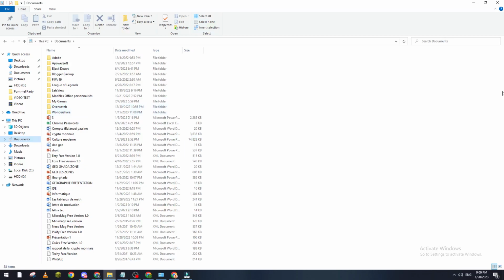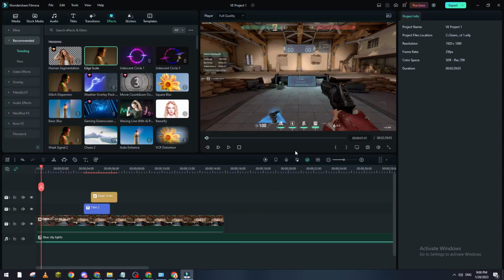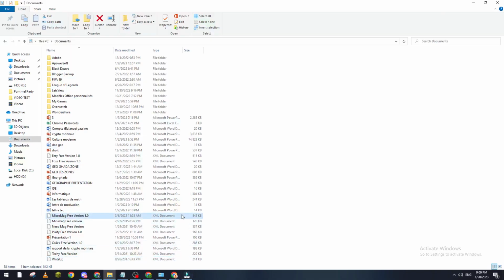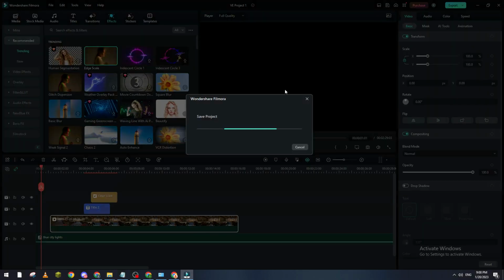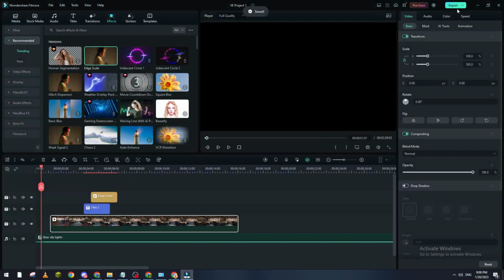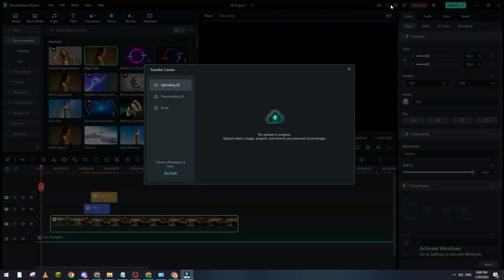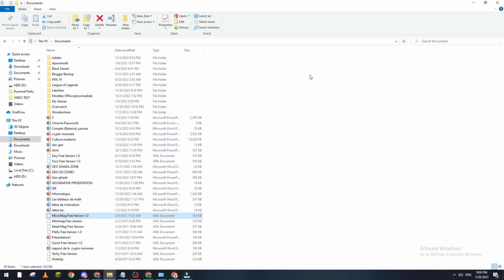And here, let's check if I can find it. If I go down, what did I name it? VE Project 1. So it will be named something like VE Project 1. Let me just add something to it so I can know where I saved it. So let's go to export here. All right. So anyway, after you find your file, what you're going to do is